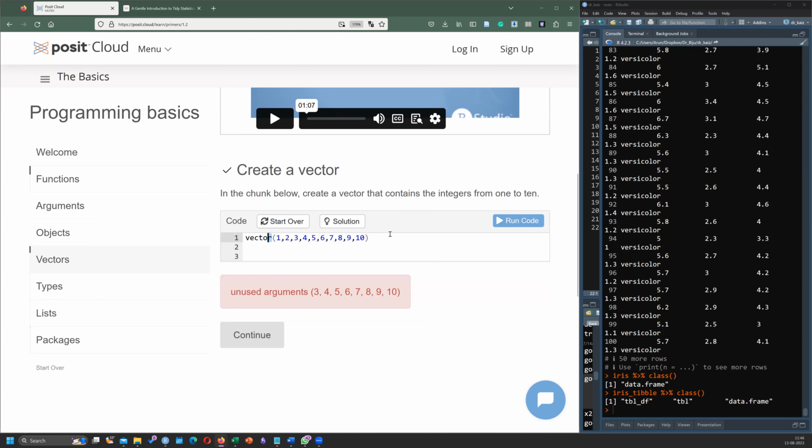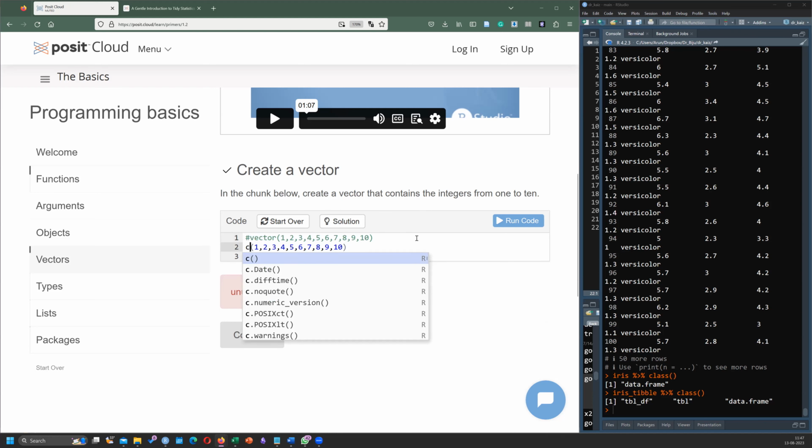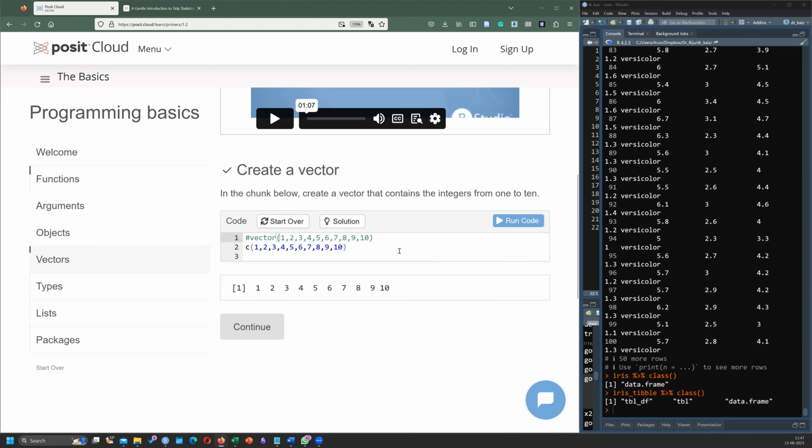We have to do this, isn't it? Before that, we have to assign the data with c, my vector, isn't it?